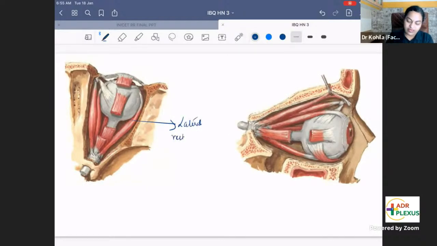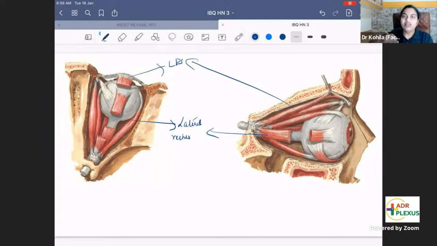lateral rectus. So this is a superior view, and here this is again the lateral rectus. What do you see on the superior aspect? Immediately as you open the roof of the orbit, the muscle that you come across will be levator palpebrae superioris. Only when the levator palpebrae superioris is cut, you'll get to see the superior rectus. So the 2 muscles on the superior wall, the roof of the orbit, will